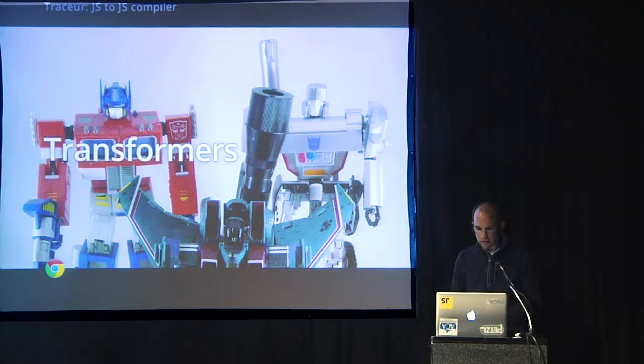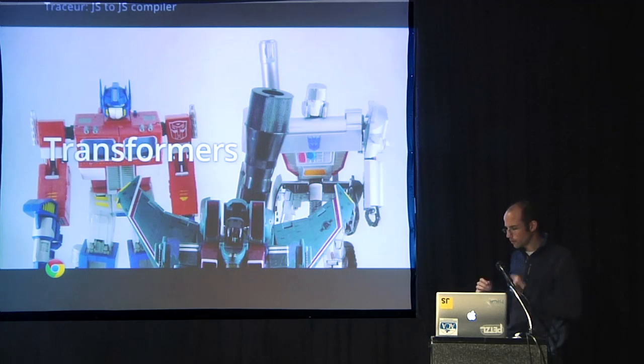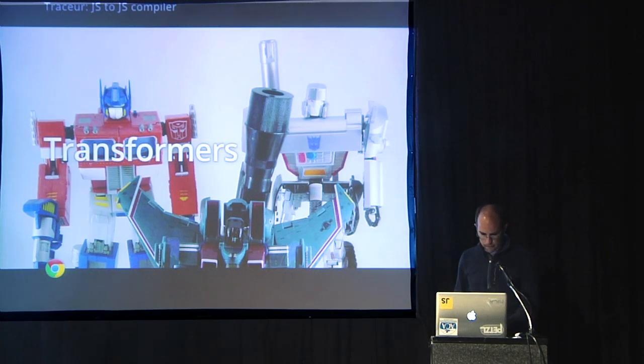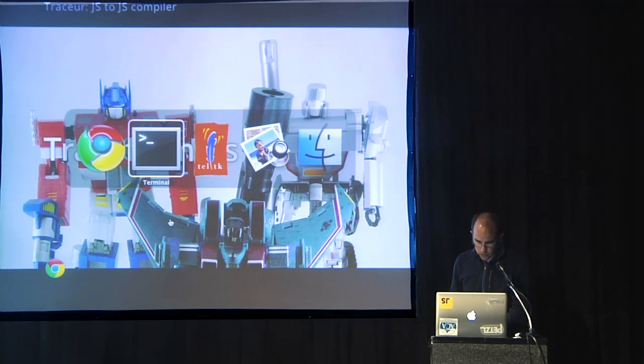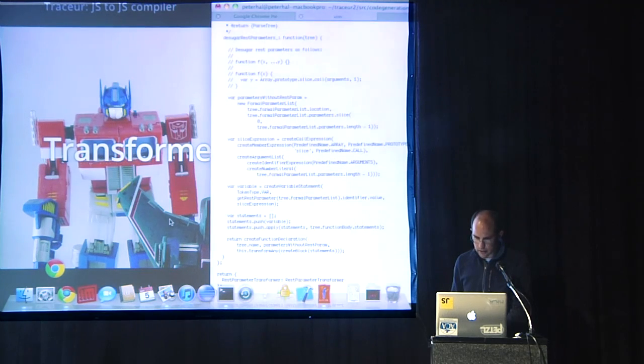So transformers. Transformers are where the real work is done. This is where you're taking a tree, the parse tree, which represents your program, and transforming it into a subset of the language which does not include the features that are not in JavaScript now. And this is one where I'm gonna just switch to VI here quickly. So this is the transformer for